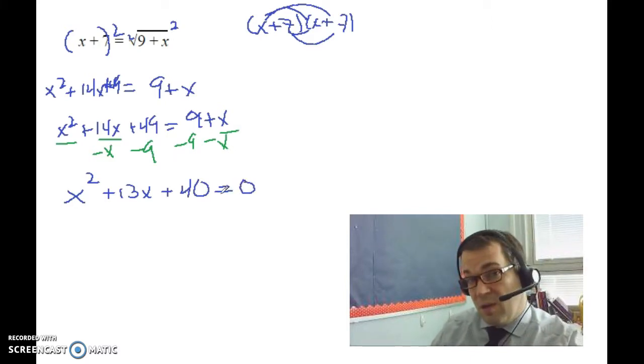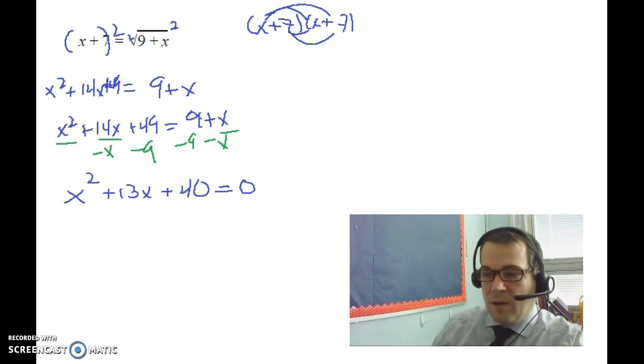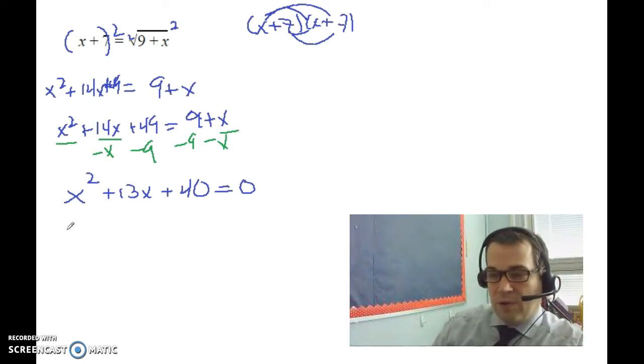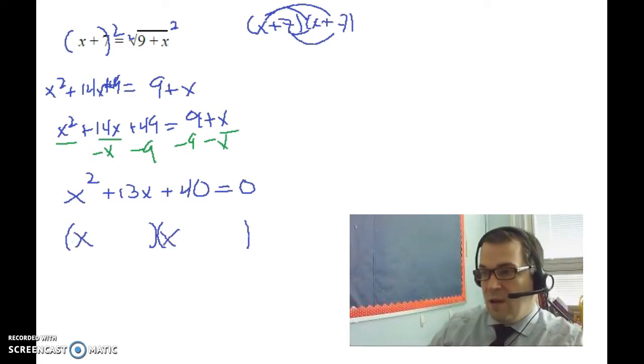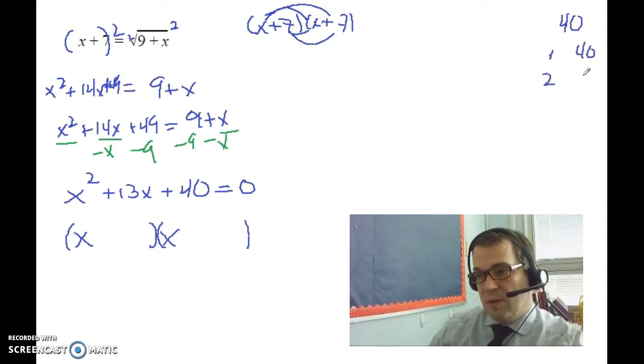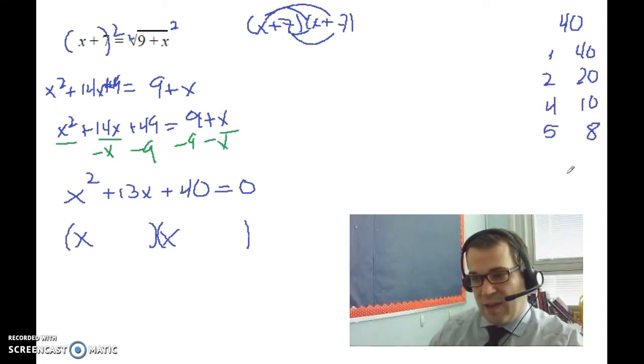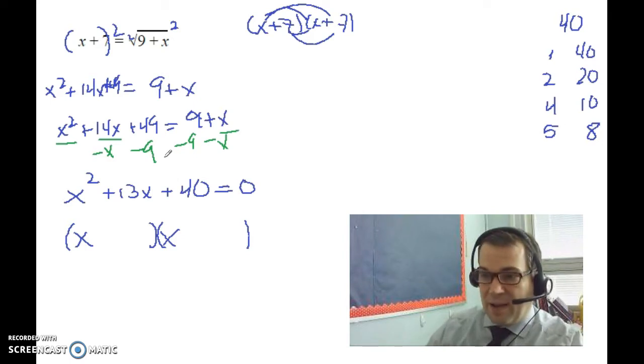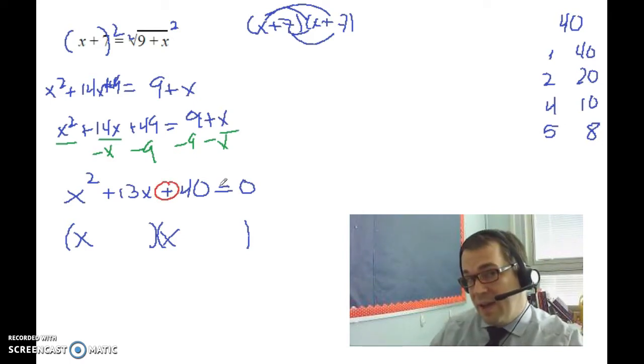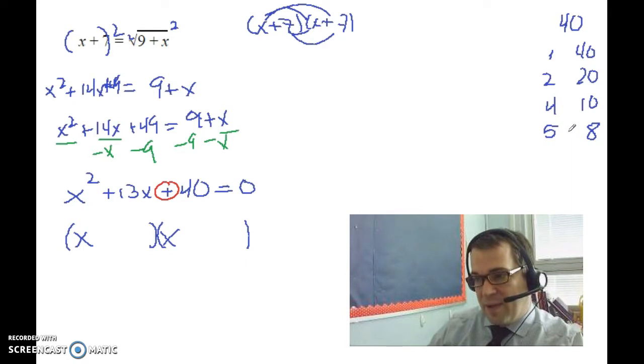Now, this will likely be factorable. If it's not, we can use the quadratic formula, of course, but I'm going to see if I can't think of things that multiply to make x squared. That's x and x. For 40, I have choices like 1 and 40, 2 and 20, 3 doesn't go in, 4 goes in 10 times, and 5 and 8. And that's all the choices I have. Because it's a positive 40, I know they'll have the same sign. So I'm trying to find which factor pair is going to combine to make that positive 13. So that would be this positive 5 and positive 8